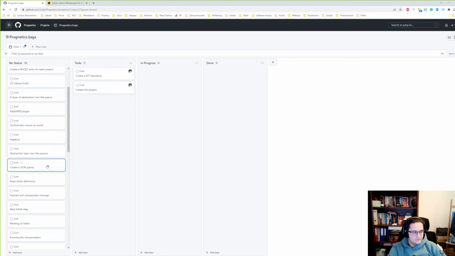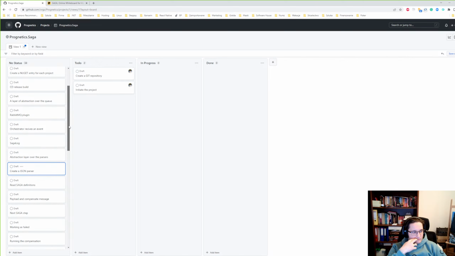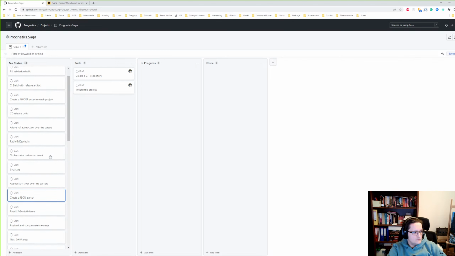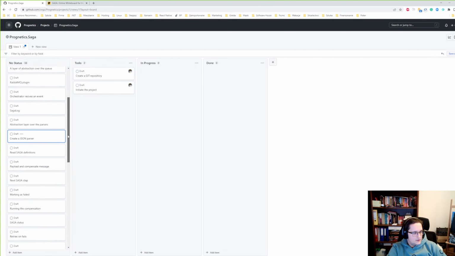So the model of the Saga log will be in the Saga log task, and the model in the configuration model will be in the read Saga definitions or create a JSON parser. Okay, now I understand. Everything is clear. Okay. Then moving on, because you wanted to check again,